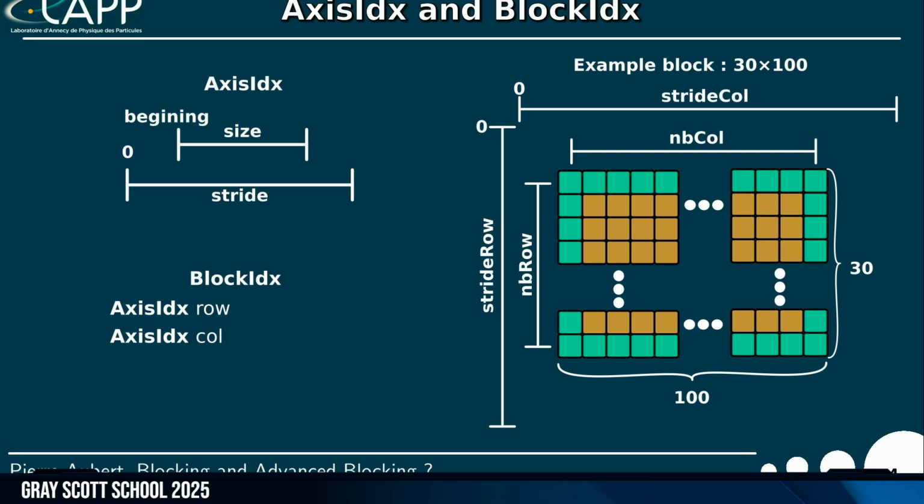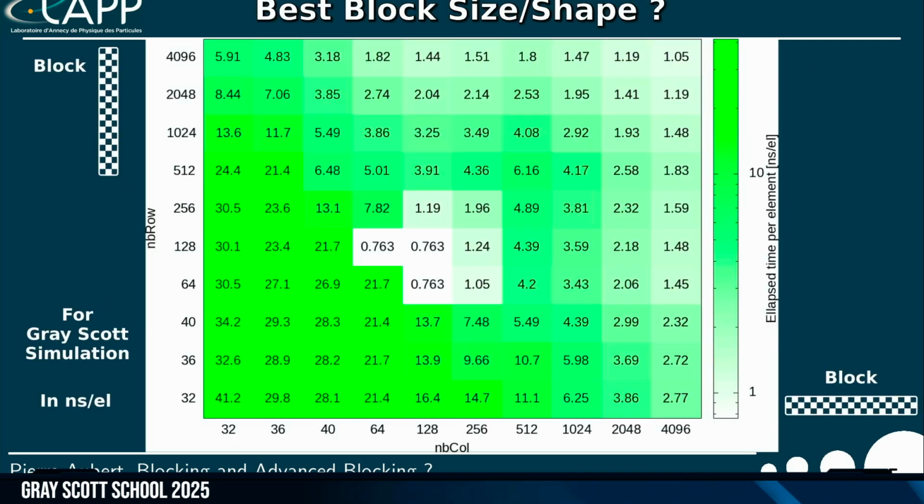And we have also a stride in the column because we want to be as flexible as possible, because we will see in the advanced blocking that we need this kind of feature. So as we did this morning, hopefully, we can play with this to get the best size of the images possible. And we will take that as a base for the block size, because we get the best performances here. So let's build on top of it and let's reuse them.